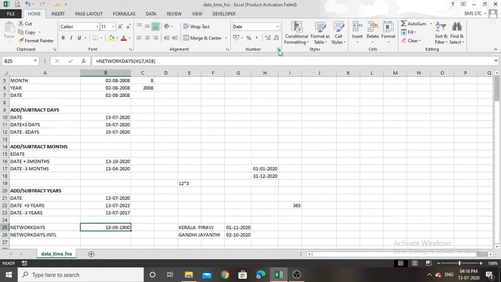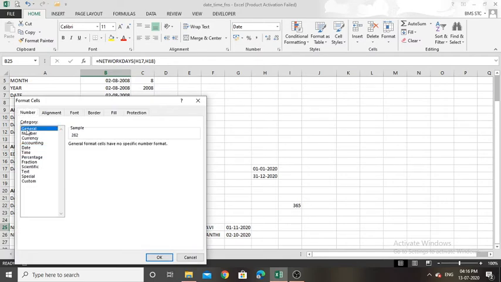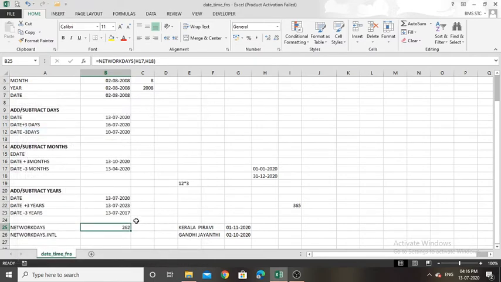I already put it as a date form. So here we have 262 working days, excluding Saturdays and Sundays. So this might be calculated with these dates also. Since it comes under 2020, these dates are also calculated in between these two dates, right? So if you want to add this also